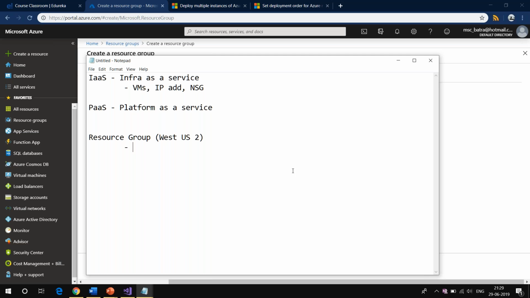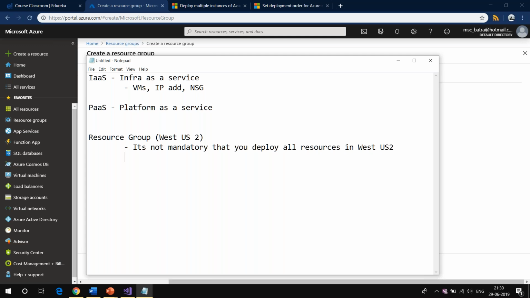Dinesh is asking how to decide which region we should select while creating the resource group. So, Dinesh, while creating a resource group, there is no restriction on where you can create it. What I'm telling you will actually help you answer your question. Whenever we say we are going to create a resource group in West US 2, it's not mandatory that you deploy all resources in West US 2.